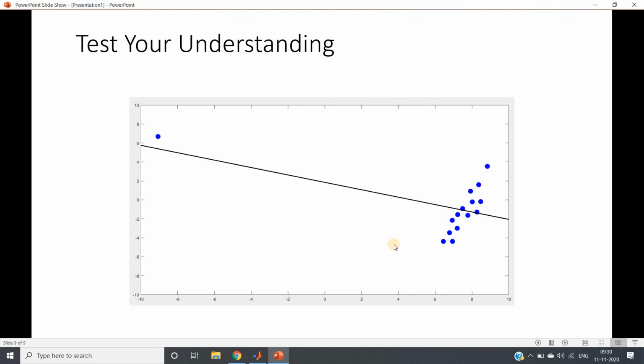Now the question comes, what should we do then? Should we consider the outlier or should we simply remove it? The idea is that, as both kinds of scenarios are present, outliers may impact and might not impact our linear regression model.